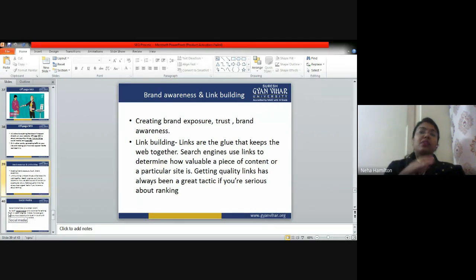For example, I can assure you that if Byju's is writing an article, everybody who is in online coaching wants to link with that article. Because if you think about online coaching, Byju's is the only word that comes into your mind because it is everywhere. It is on your Facebook, on your mobile, on your Instagram, even on TV. The IPL main sponsor was Byju's. So brand awareness is very high.